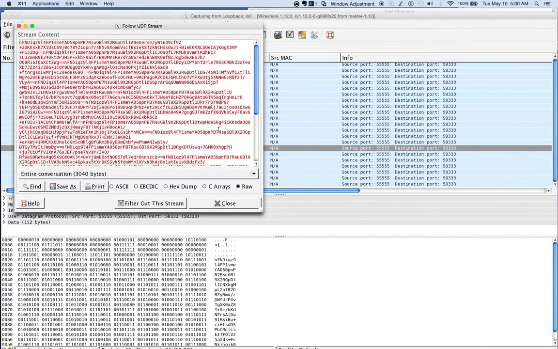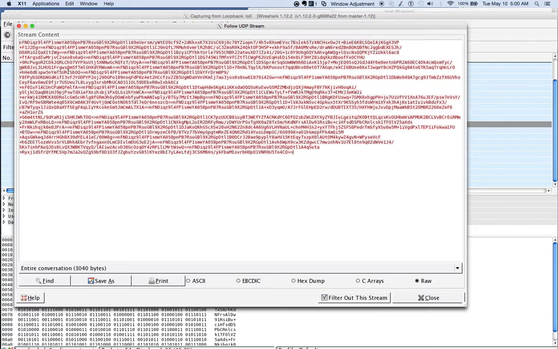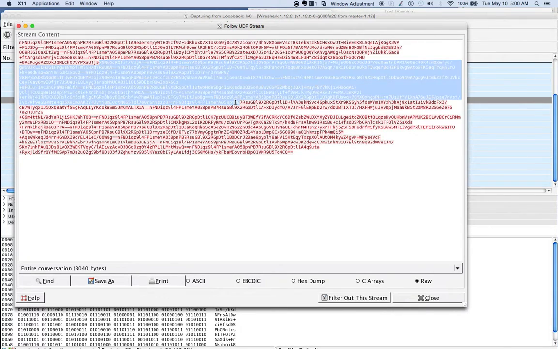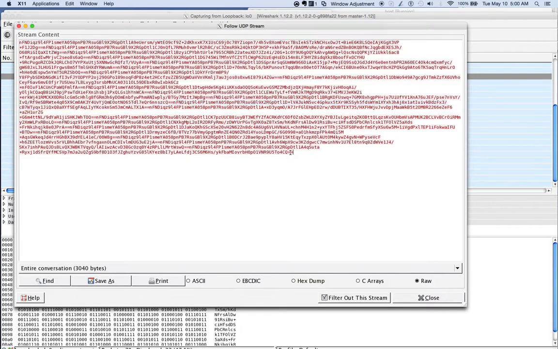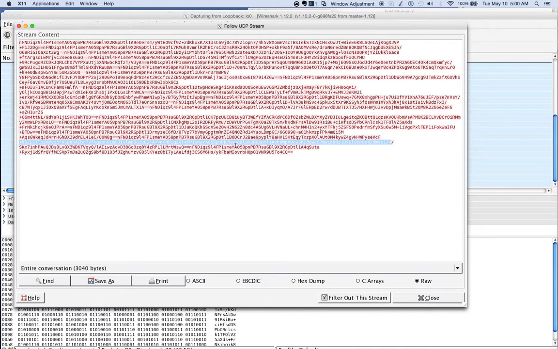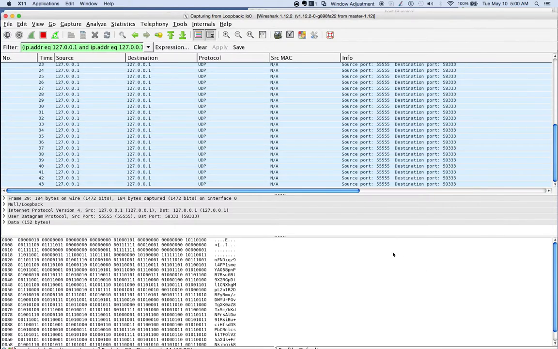If we follow the UDP stream, we see that even in the payloads, we don't see an ICMP message. We just see the encrypted data. And this is the encrypted data we base64 encoded before we sent it across. So that verifies the first part of our project is working. The next video will show the telnet demonstration, and we'll be